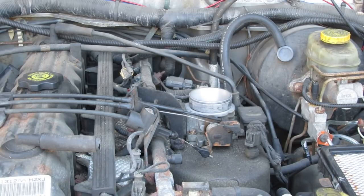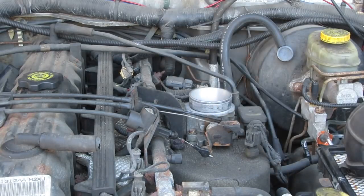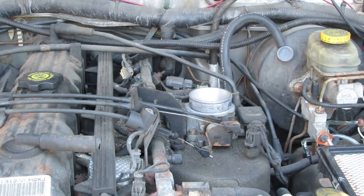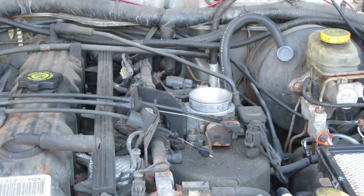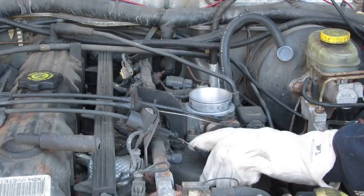This works for anything, especially if you have a V motor. A lot of vacuum lines only go to one head and then there's no possible way for it to get to the other side. So you might want to consider just putting it right down the throttle body. Next thing you're going to do is start up the Jeep. Alright, I'm going to tell you all about it now because you're not going to be able to hear me while I'm doing it. And I'm just going to goose the throttle a bit right here while I'm pouring it